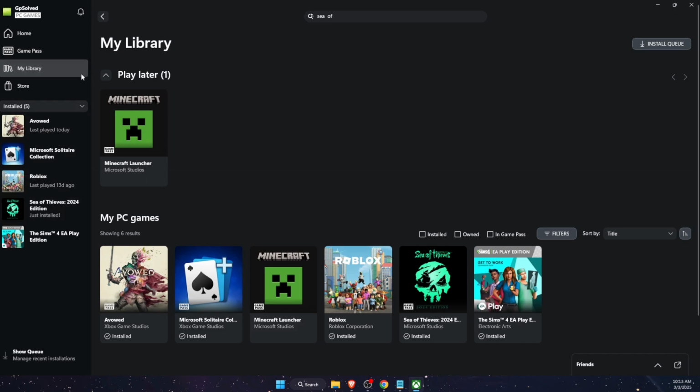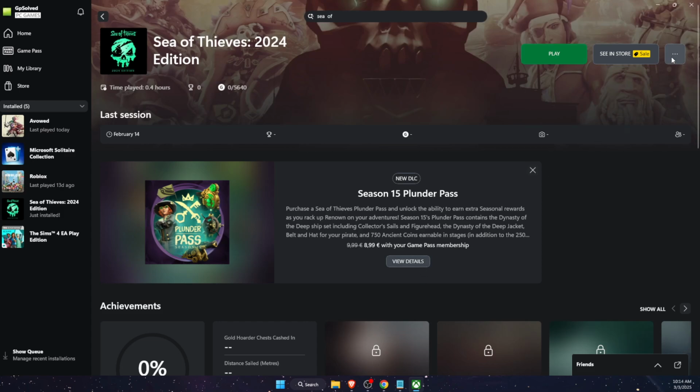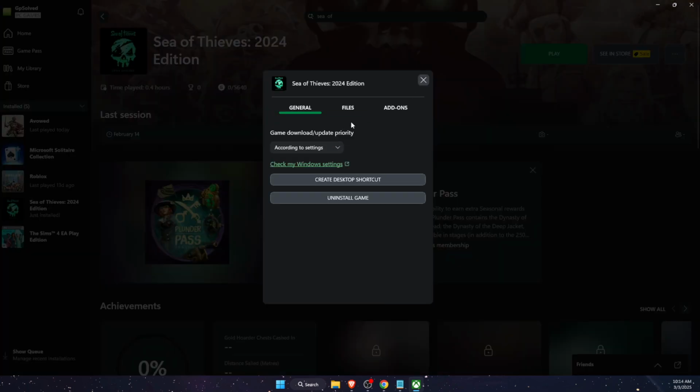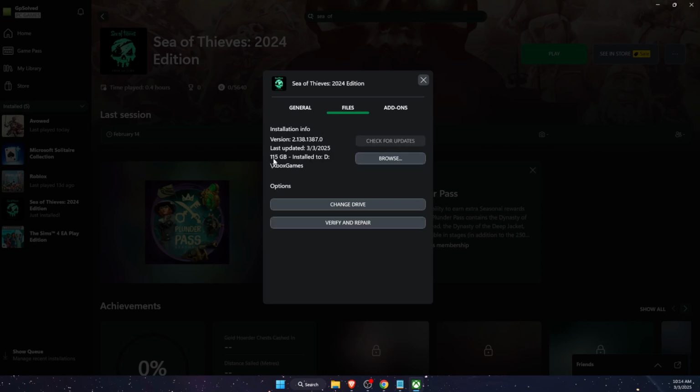And once you have installed it, you will see it in your library, so you can go ahead and click on it here, and you can manage. As you can see, here are the files. It will require 115 gigabytes, as you can see. So that's pretty much it, how you can install it for free